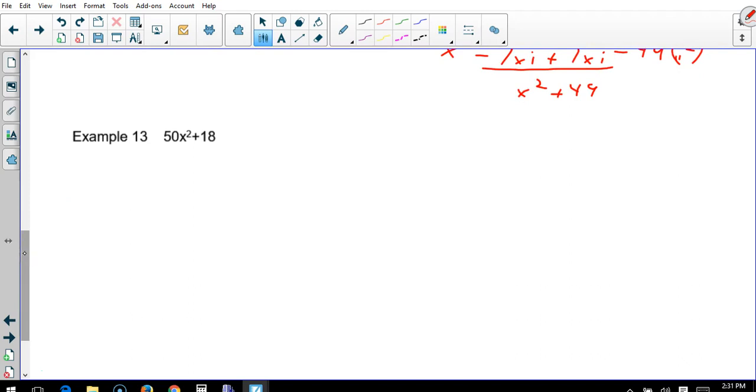Okay? Factor out 2. 25x squared plus 9. Now I have a sum of two squares. Keep the 2, 2 parentheses, 1 plus, 1 minus. Square root of 25, square root of x squared, square root of 9. And the only thing I need to do is the sum